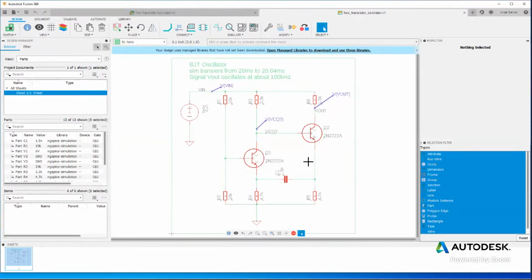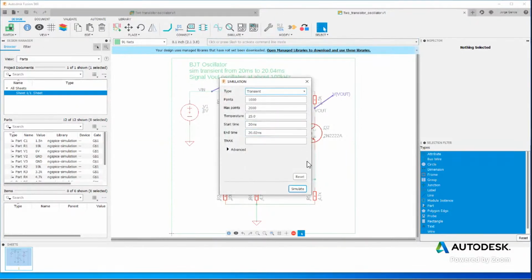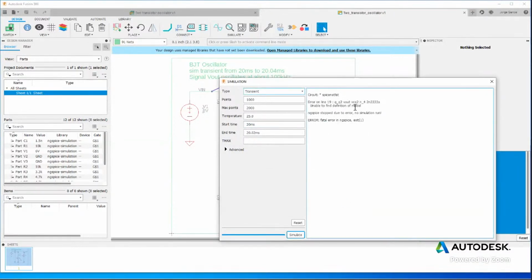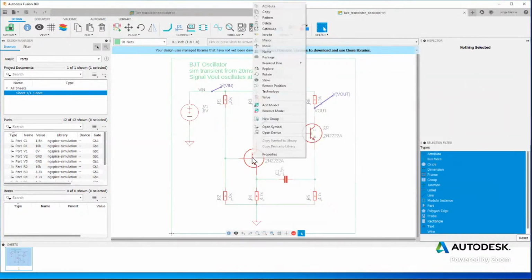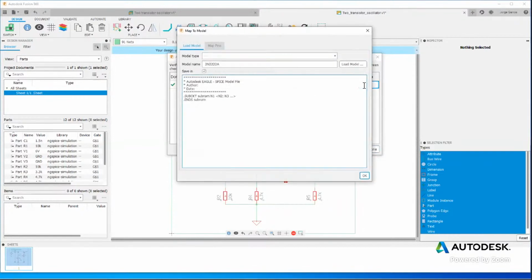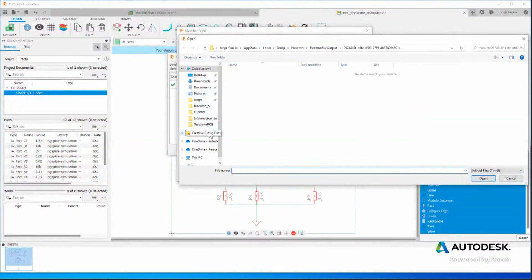Okay, so let's go ahead, and this simulation's already been set up. This one is also a transient simulation. It's ready to go. I hit simulate. There was an issue running this one. Again, probably broken from before, unable to find the definition of the model. So let's go ahead and add a model to it. Bipolar junction transistor, map, load the model. This one is going to be